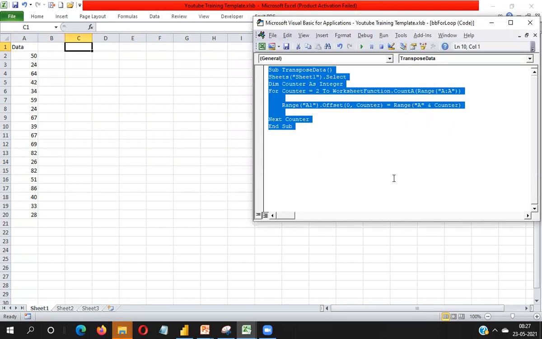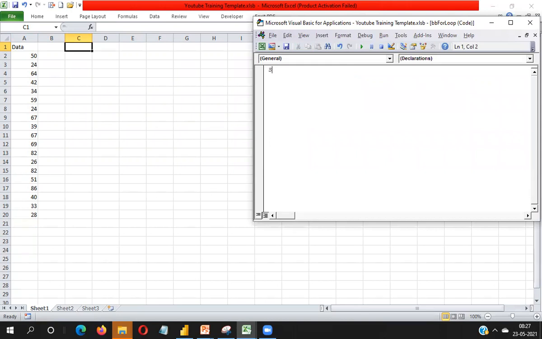So here I'm removing the previous macro. I'm going to write Sub transpose data on condition. Here I'm going to activate Sheet1 dot Select.